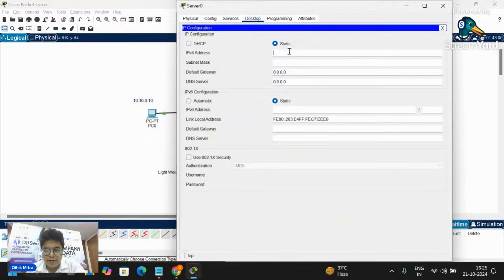We also need to give the server a static IP, suppose 10.16.0.3. Okay, so that's it.